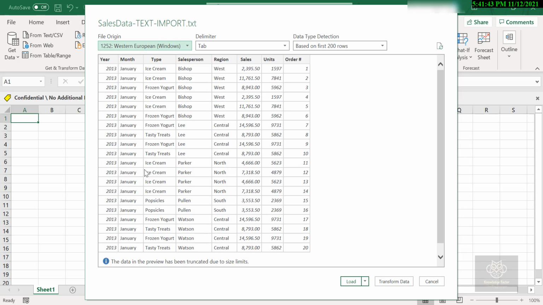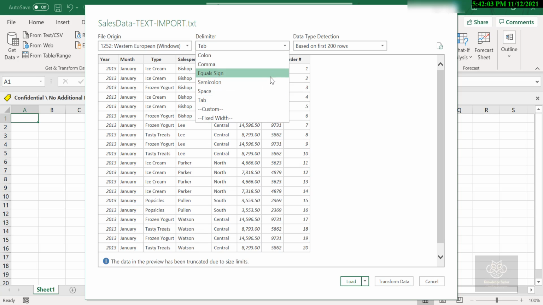So here the first option is file origin. It's Western European Windows, right? It's a tab delimited document. You see here the delimiter is set to tab. You notice that it's nicely formatted down below. You do have other delimiters if that's what your file calls for. Like I said, tab is a very common one. Comma is another very common one as well.